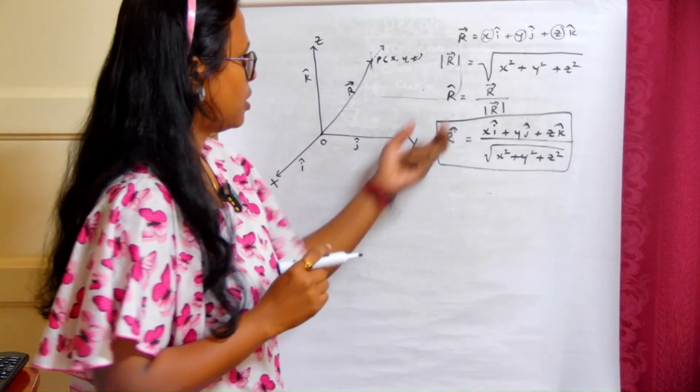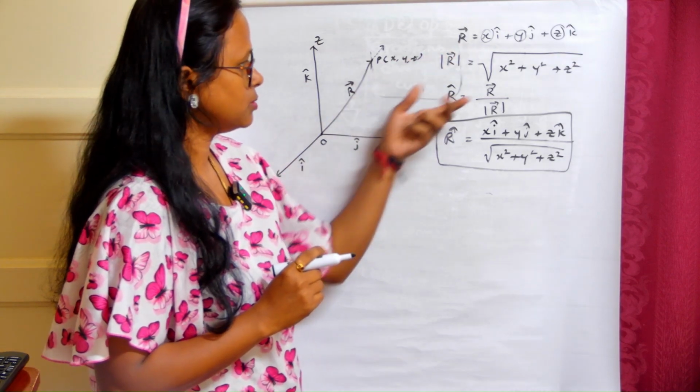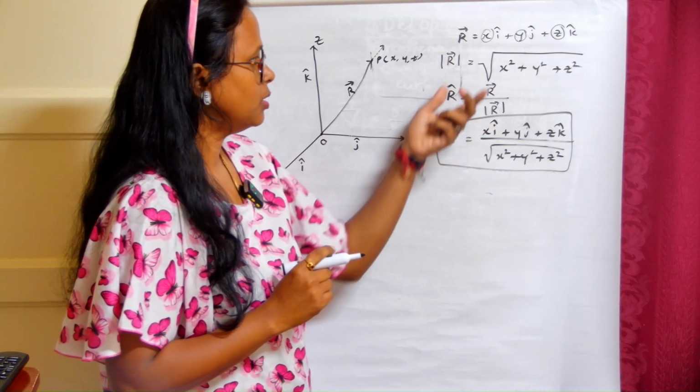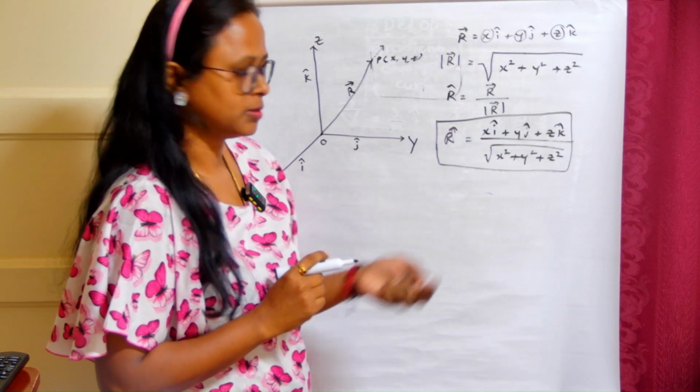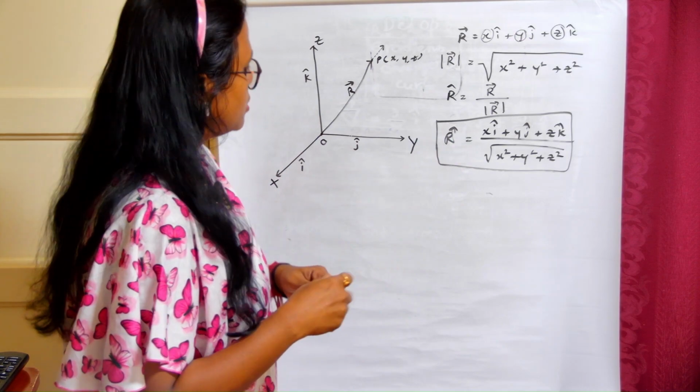So now we know how to write vectoral component of a point and how to calculate its magnitude and how we can define its unit vector. So now,